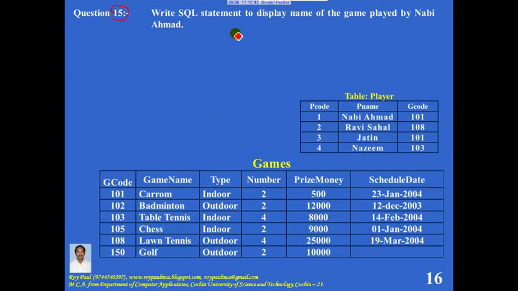Question number 15. Write SQL statement to display the name of game played by Hamid. So name of the game, you will get it from the table games, and the name of the player, you will get it from the table player. So this problem involves two tables, games and player. A few things are there to be noted. One, if I consider the table games,